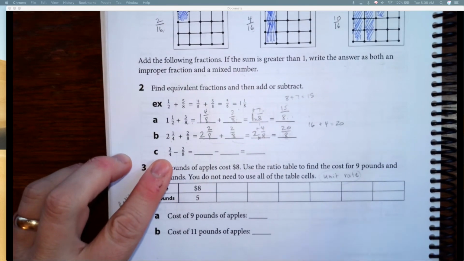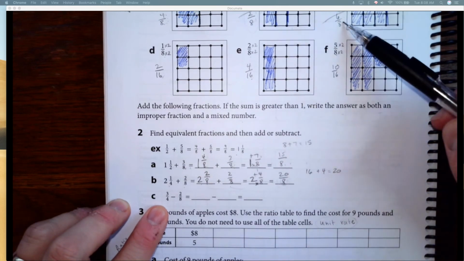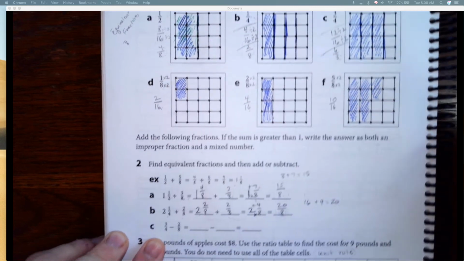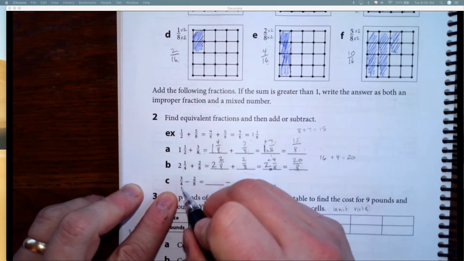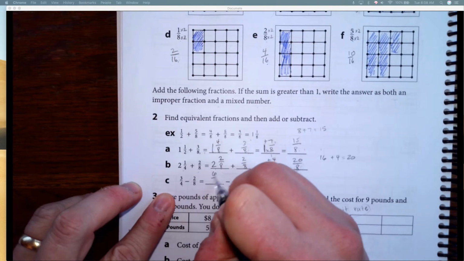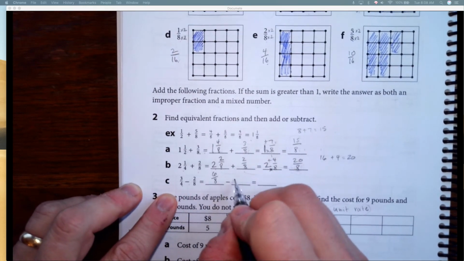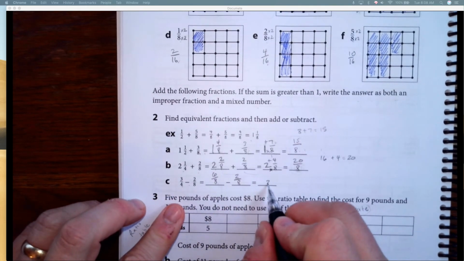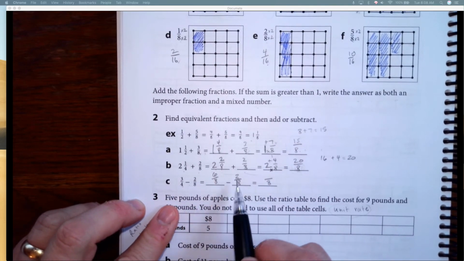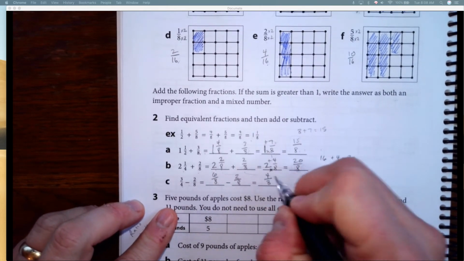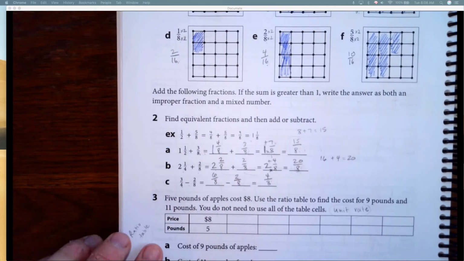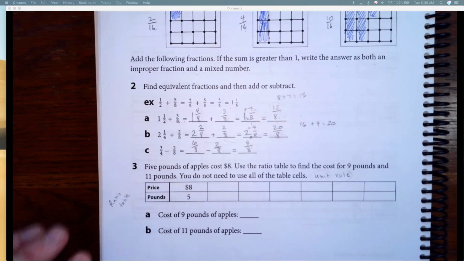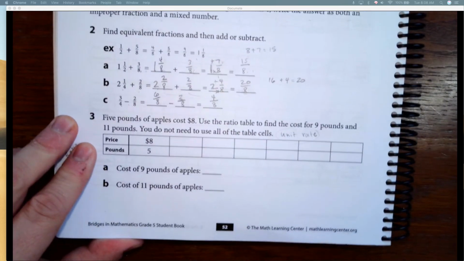Okay, bottom one, 3/4. Do we have a 3/4 up top? Oh, we do. Okay. So 3/4 is equivalent to 6/8. So we're going to change 3/4 here to 6/8. And we're going to take away 2/8. The 8 stays the same, and we just subtract the numerator. 6 minus 2, which is 4. 4/8, which is equivalent to 1/2, isn't it? Okay, so pause the video if you need to for that,